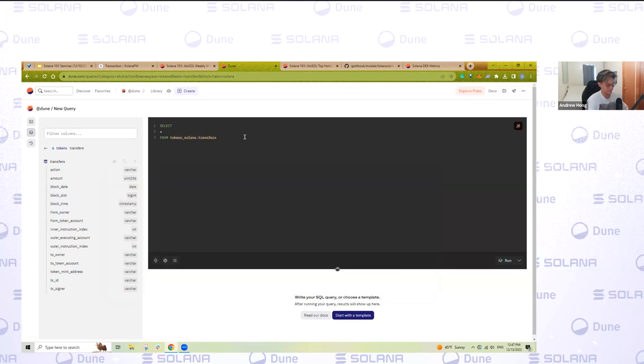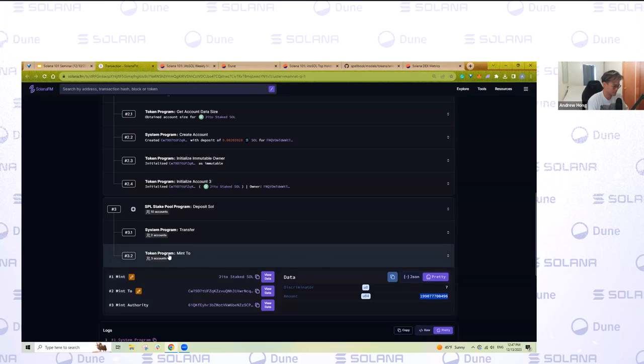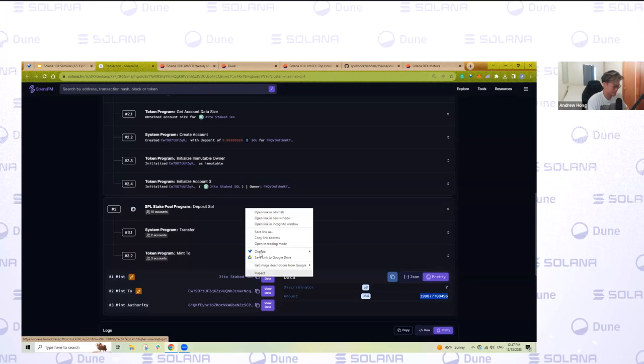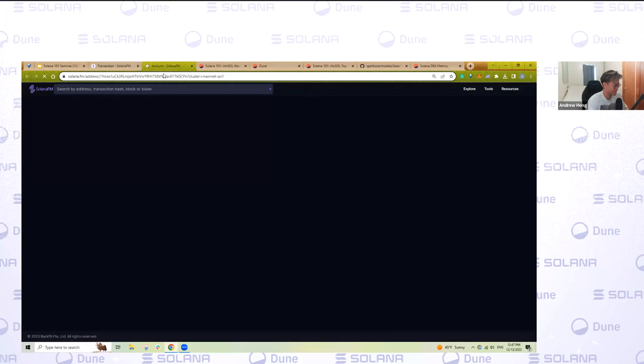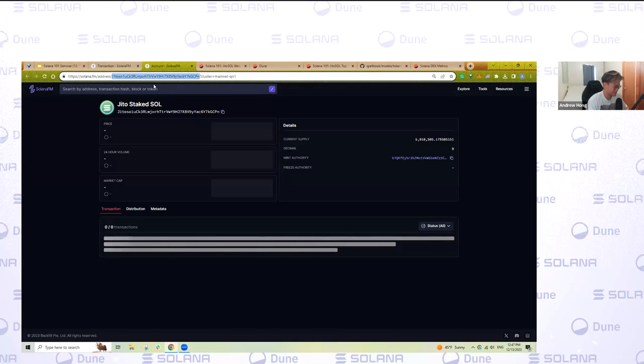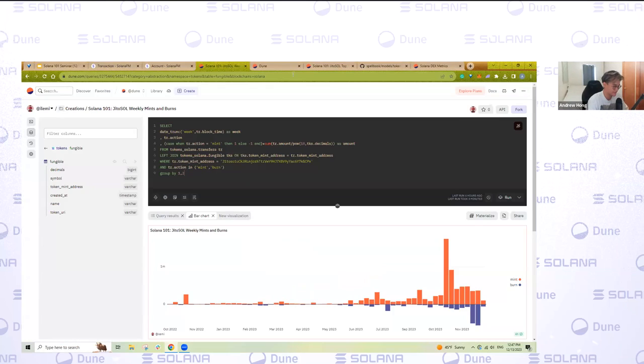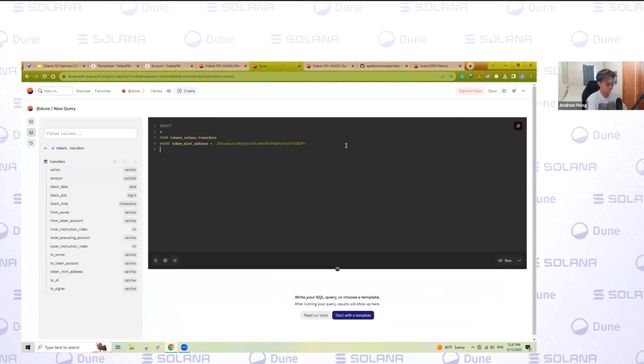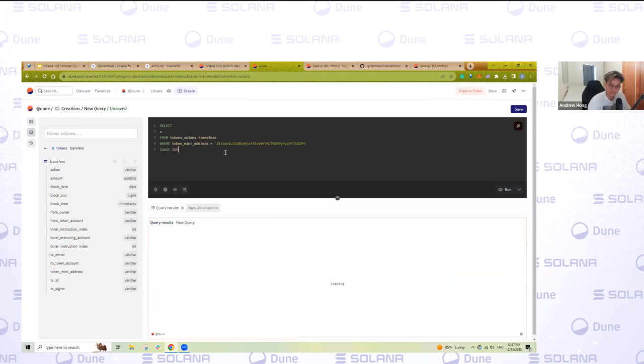So what do I want here? I want to filter for where token mint address is equal to the Jito Sol token mint address, right? So I can get that from here. Remember, we looked at this earlier. This was the token mint address that was created. And I'm going to add a limit 100. So what is this doing? It's looking at tokens Solana.transfers, filtering for the Jito Sol token, selecting all columns. That's what this asterisk means. And I'm doing a limit 100 to only show me the first